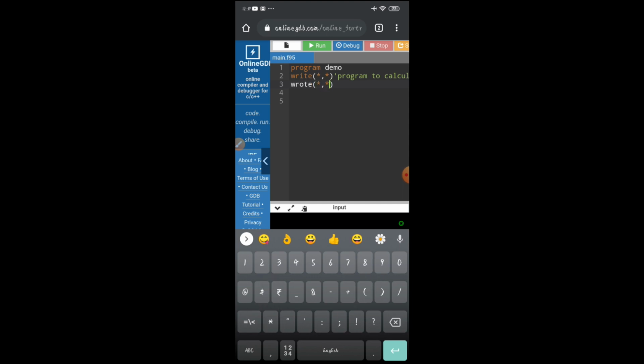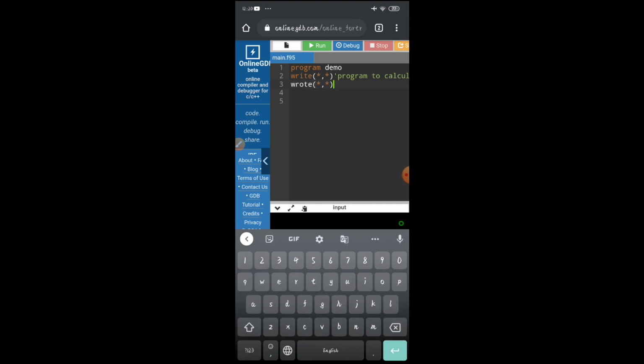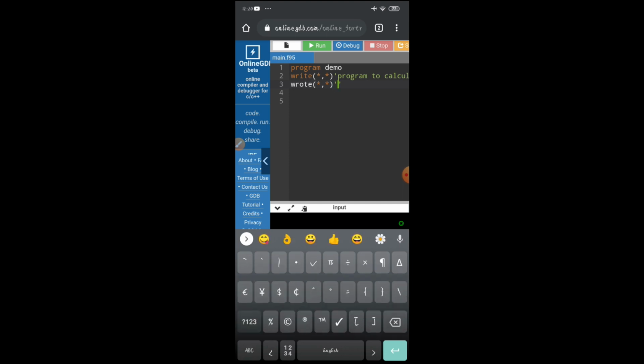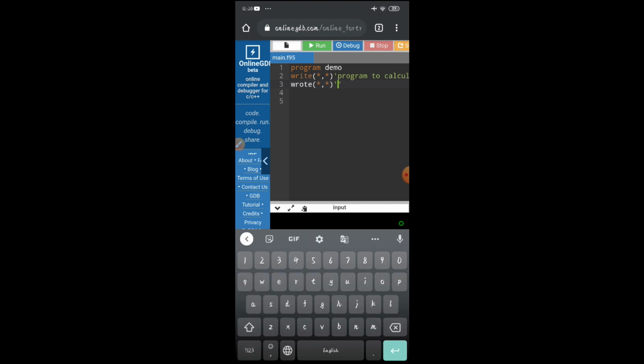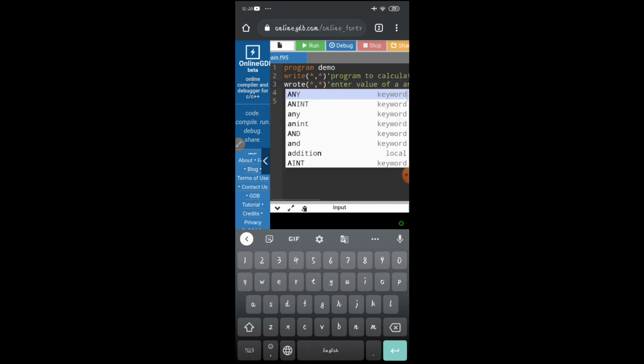Now we are on a new line, we will write write, and let us ask the user to enter values of a and b. So we will write in single quotes enter value of a and b, right?